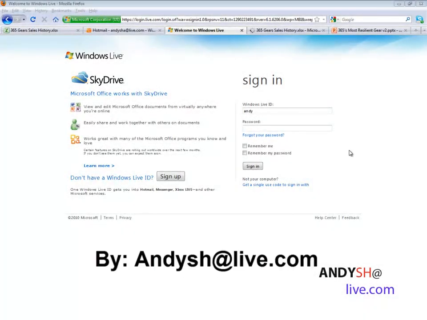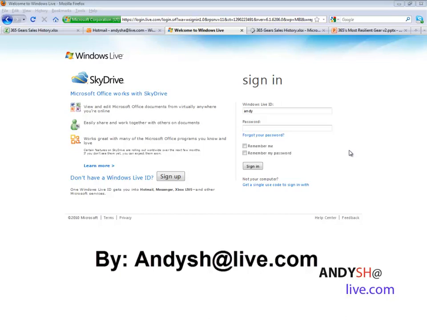Okay, in this section, I want to show you how Office Web Apps work on Windows Live. Windows Live is a free version of the environment that hosts Office Web Apps. You have 25 gigabytes of space, be it your email or documents that you're hosting there or other artifacts. I'm going to show you how you can collaborate on the free version of Office Web Apps, which is hosted for you